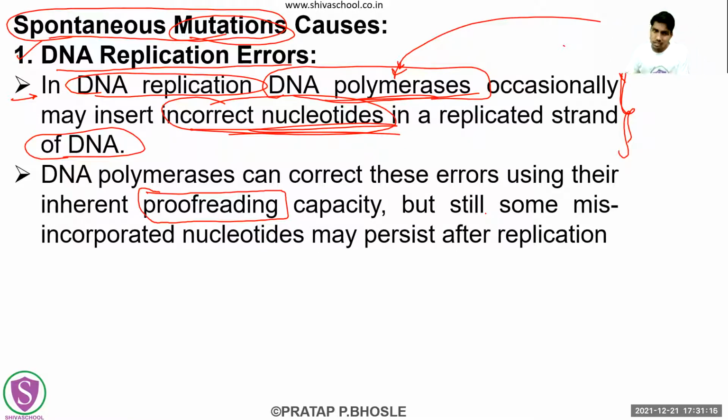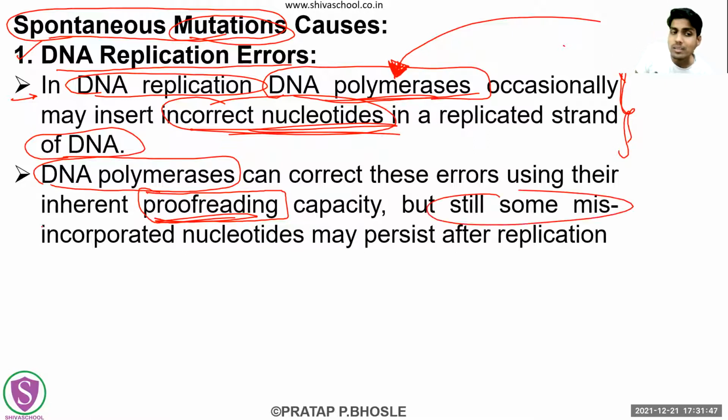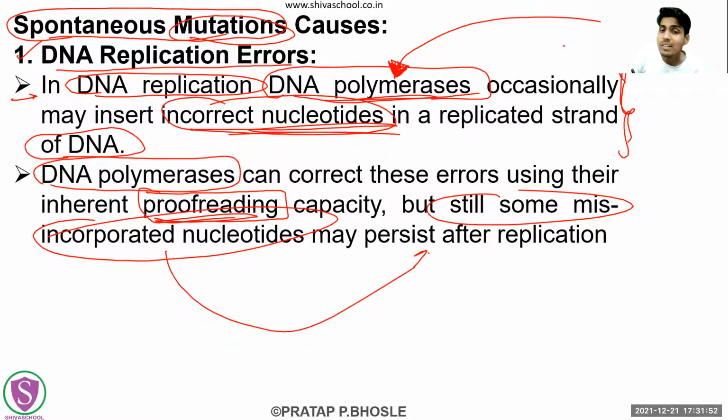Okay, so let's see. What is proofreading? This is one of the characteristics of DNA polymerase. Now, what is that proofreading? Because of proofreading, if there are any mistakes made earlier by the DNA polymerase, then they get corrected ultimately. Proofreading, it reads again and corrects any of the errors which might have occurred, right? But even after proofreading, if there are still some misincorporated nucleotides,